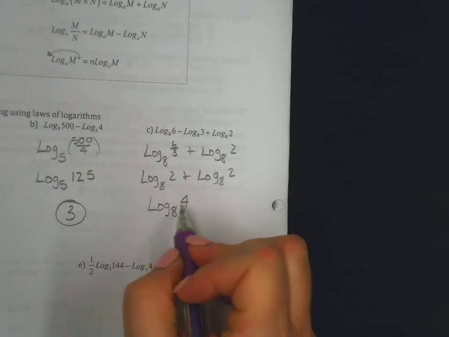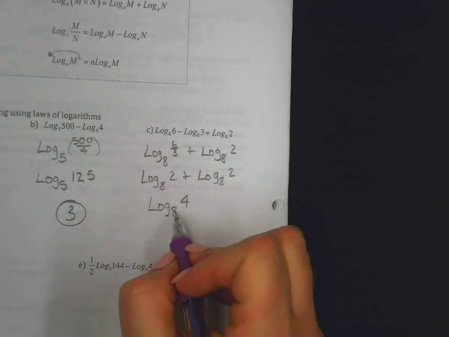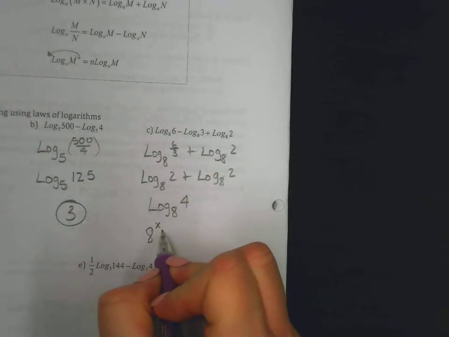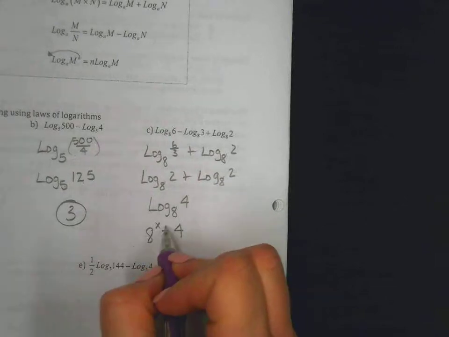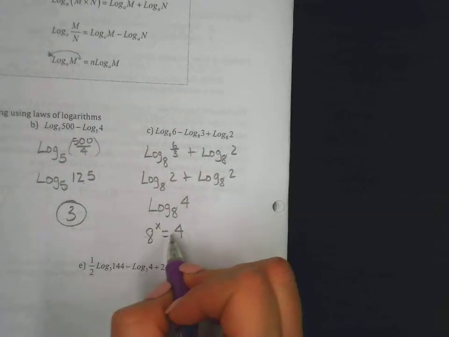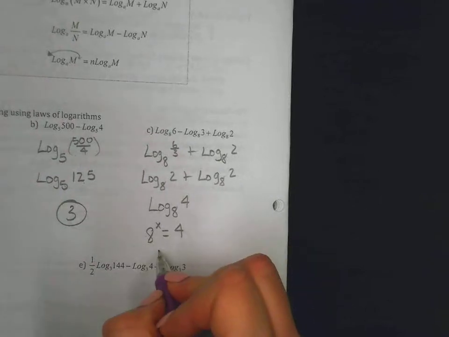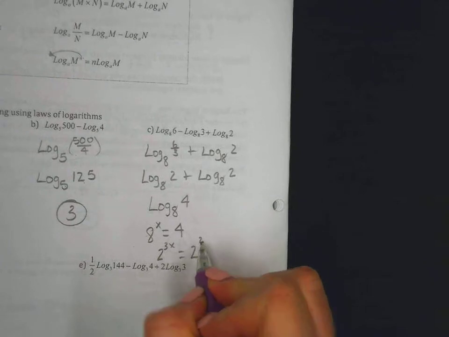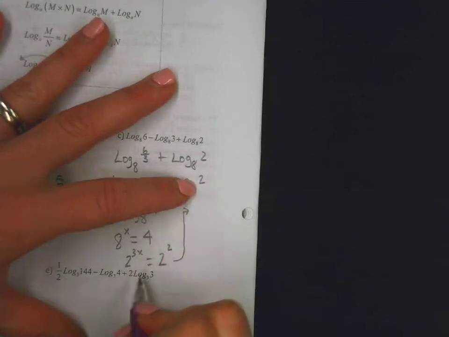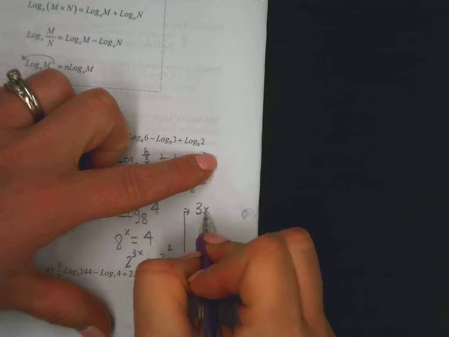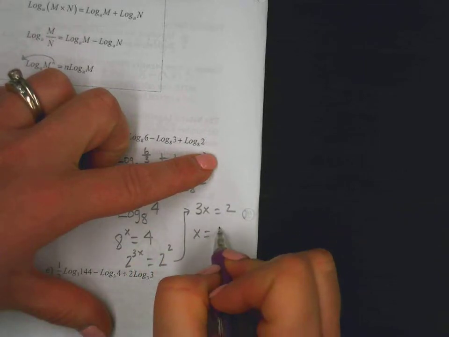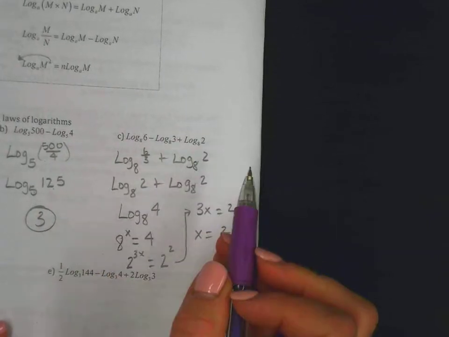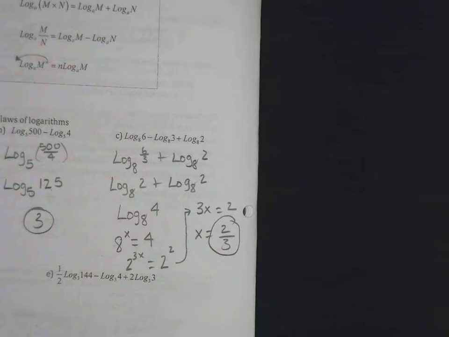So this one's a little bit trickier to figure out. In order to evaluate this, I'm going to say 8 to what power equates to 4. Now I'm going to solve this exponential equation by getting these as common bases of 2. So this would be 2 cubed, so 2 to the 3x is equal to 2 squared. I'm now going to ignore my bases, so I have 3x equals 2. So log base 8 of 6 minus log base 8 of 3 plus log base 8 of 2 would evaluate to a value of